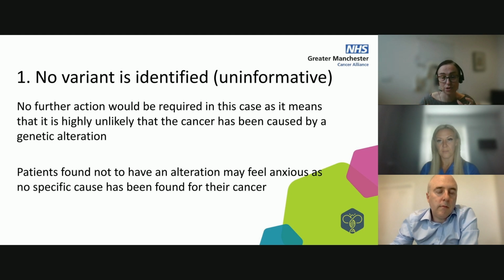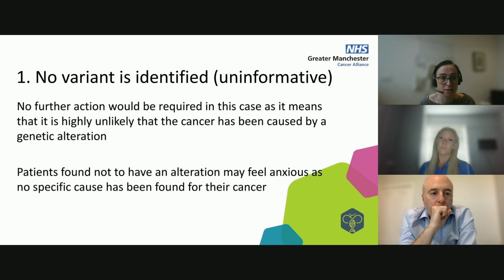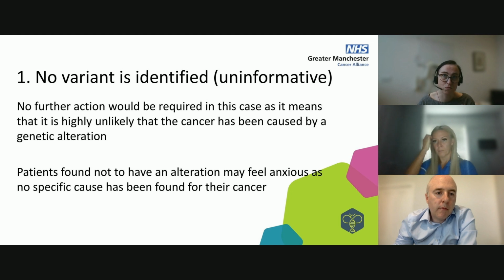Within the panel of genes for prostate cancer currently, as of August 24, we're looking at 8 different genes. There's an awful lot of other genes that may or may not have some kind of impact on your prostate cancer risk. What we're saying with a non-informative or nothing identified result from this test is that we haven't found anything in the high-risk genes that we have looked at to date. This would mean that no extra action needs to be taken, because that would reduce the likelihood that that cancer was caused by a genetic alteration in one of the currently known high-risk